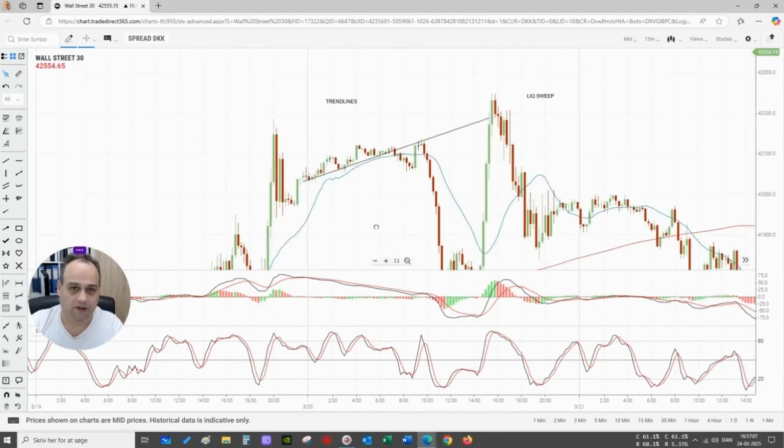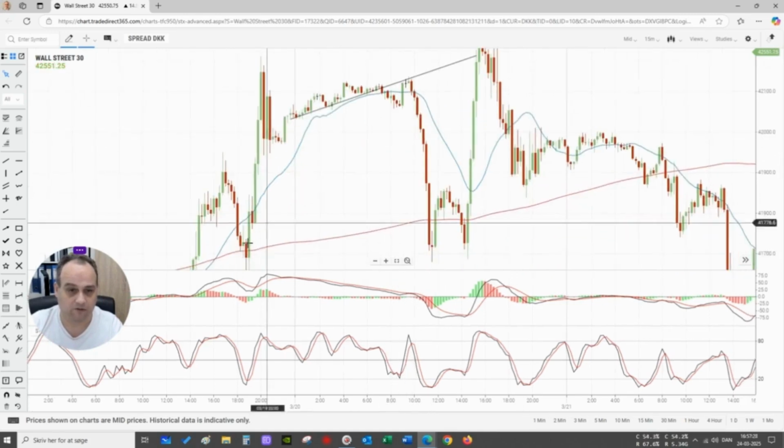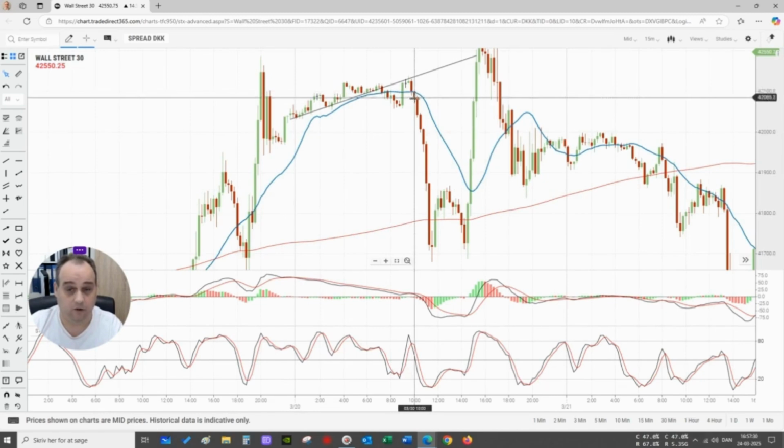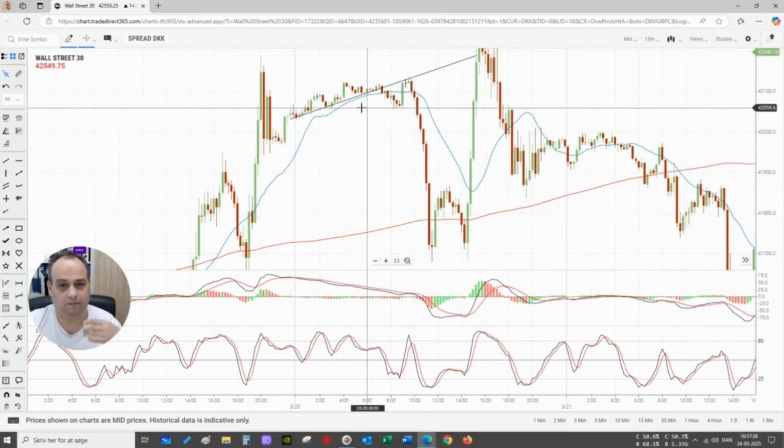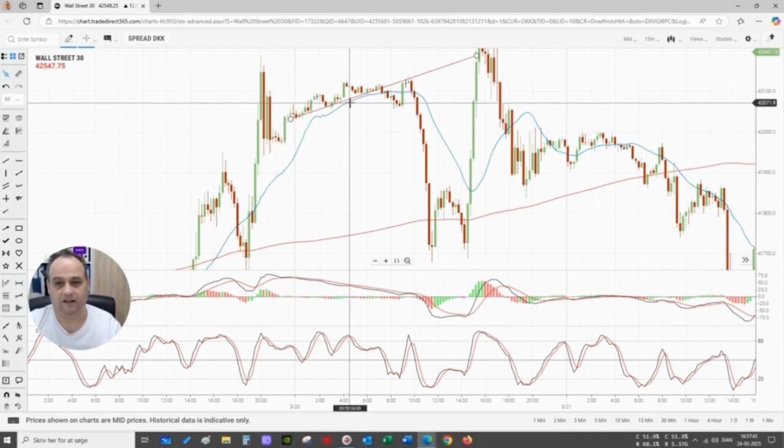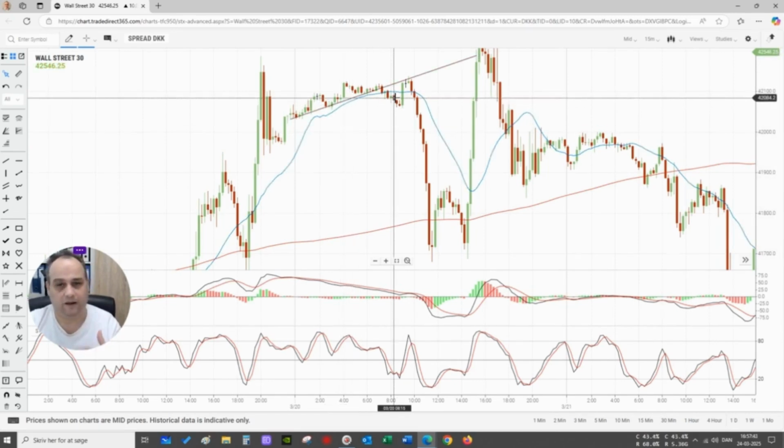Here we go. If I connect the low points in this area, then by the time price breaks down from the trend line, I will be looking for confirmation that now this trend line becomes resistance, and this is exactly what happens here. And I get a color change and I get price underneath the blue line. So now price is first of all in a phase 3, going very close to a phase 4, underneath the blue line, far away from the 200 moving average. So you see, I'm putting the puzzle together piece by piece in order to read more clearly what I see.